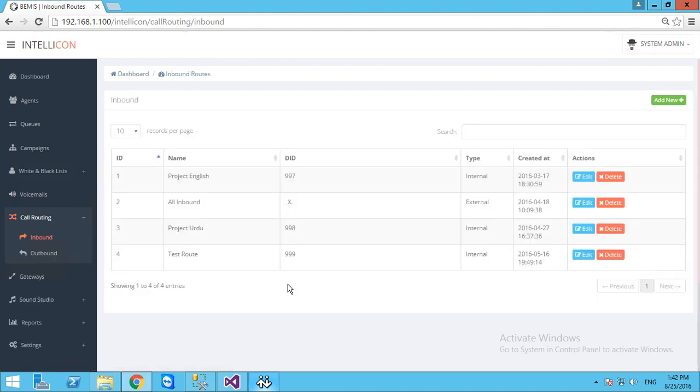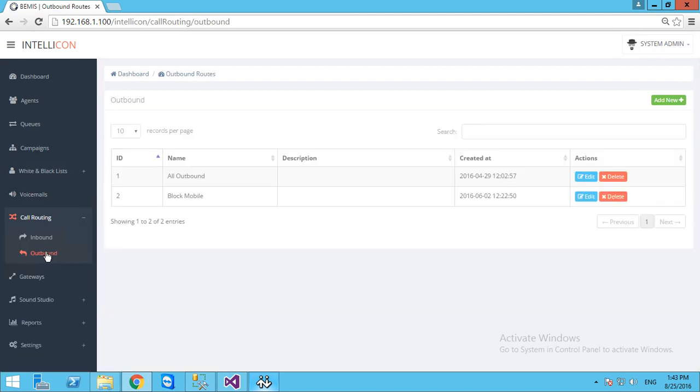Call routing is the strategy of how a call is routed to the call center. This is called inbound routing, and how a call is routed out from the call center is called outbound routing, or when some call center agent has to call some other person's mobile number or phone number, that is called outbound routing. Gateways are the PSTN gateways which are connected to the call center, and you can also change